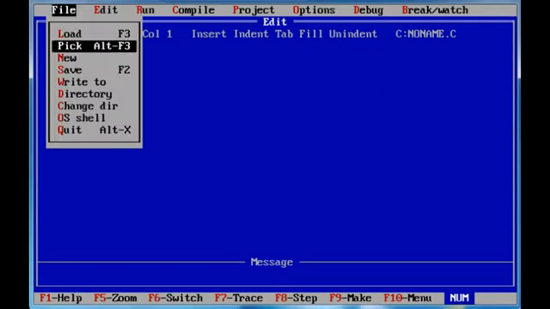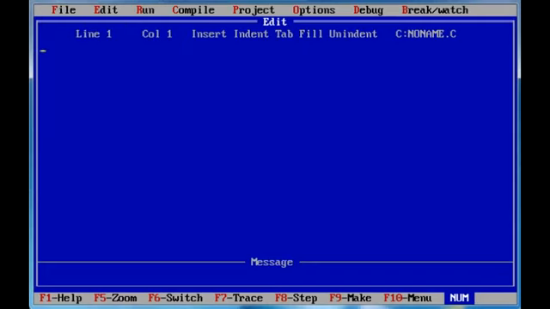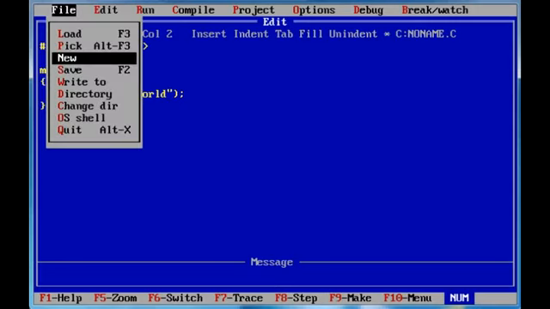Now I'll make a new program. Include standard IO header, main, open parenthesis, close parenthesis, open curly brace, the printf function, hello world, and end curly brace. So we go to file and save,